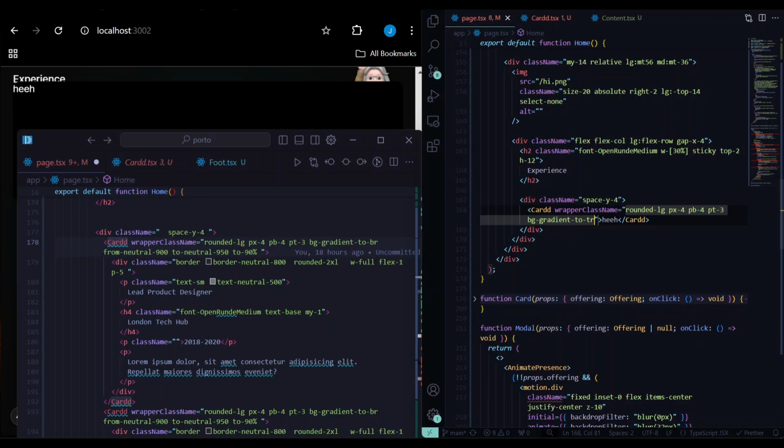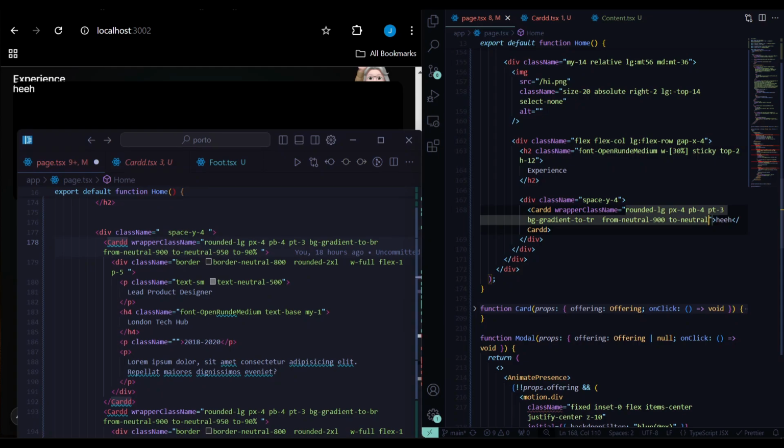So bottom right, so let's go from neutral 900 to neutral 950. Okay, so then to the percentage of how increase or in depth we want it, so we want it of